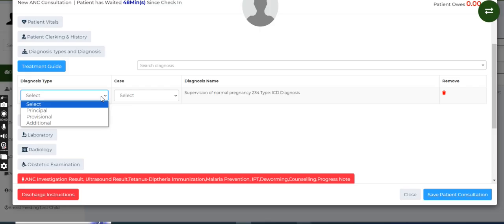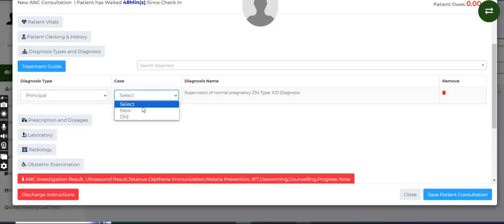So for the first time, you choose principal, and the case is new. If it's for subsequent visits, so first time means this is the first point of call for the person's pregnancy period. If the person has gone somewhere else first before your facility